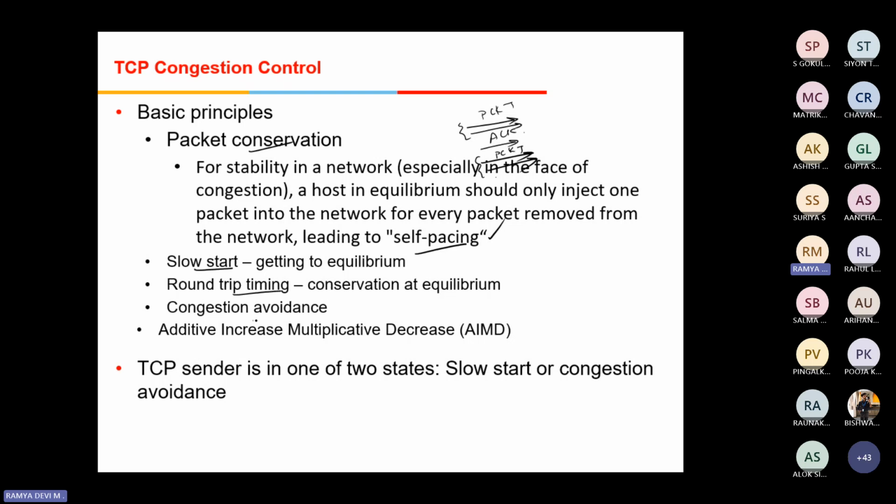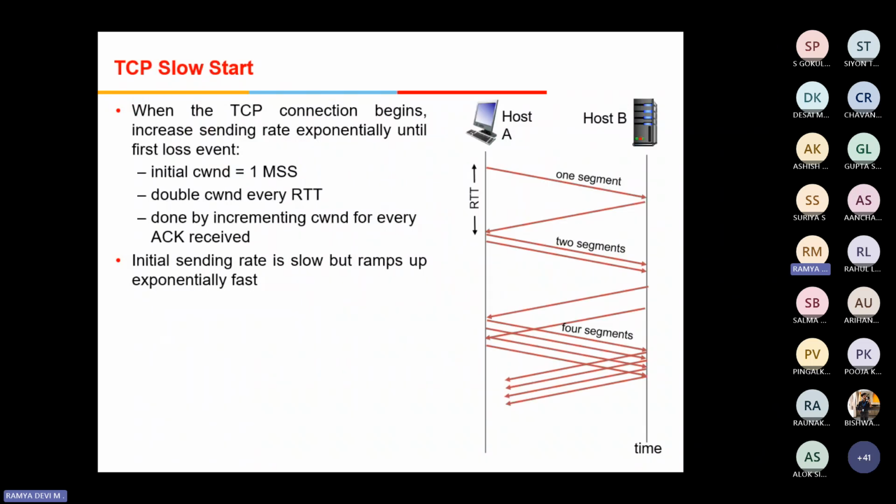Right? And the next one is the congestion avoidance state. TCP will be shifting from the slow start state to the congestion avoidance state. Once it exceeds the threshold value, it moves to the congestion avoidance state. So it applies the additive increase, multiplicative decrease algorithm. Additive increase is gradually increasing the congestion window. Multiplicative decrease is, once packet loss happens, the congestion window size is reduced by half. Okay, we'll see an example.